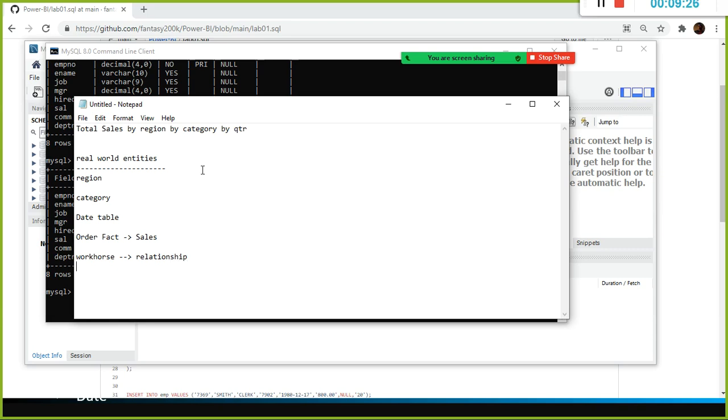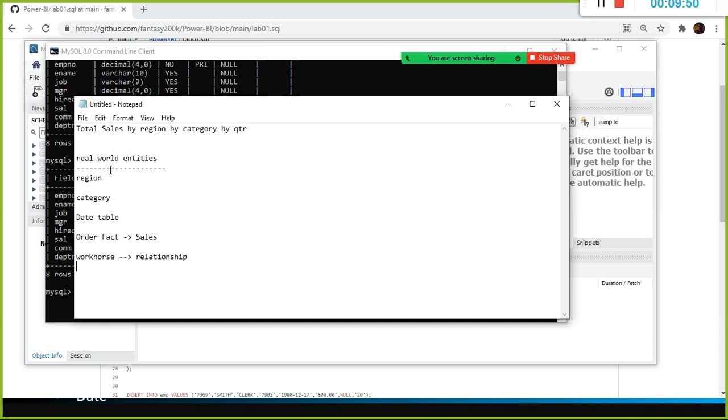In the real world, we work with more than one table only. We work with reasonably 6 to 7 tables. Maybe you have one fact table, and surrounding the fact table you have at least 6 to 7 dimension tables, so that you can slice and dice your fact table with the help of the dimension tables.